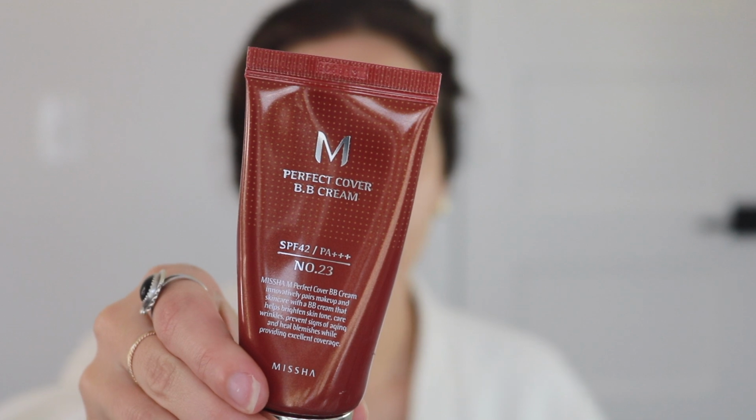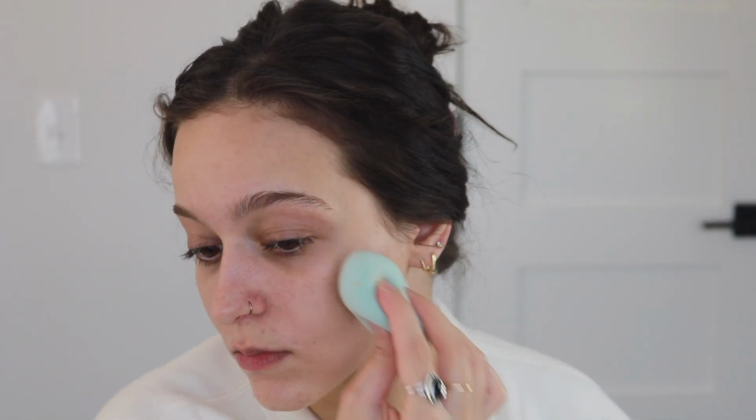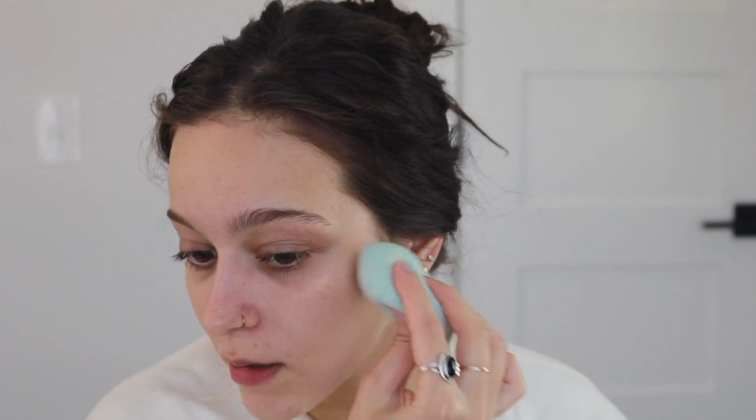But I do feel like I want to get another shade or 2 in this because I just would like to have something that matches my skin a little bit better, even just to mix it with something else. But for now, this is working and I can't stop wearing it because it just looks so good on the skin. I'm not wearing it right now because I did the demo before I filmed this video, and so I used another product last, but most of the time in my recent videos, I have been wearing this because it